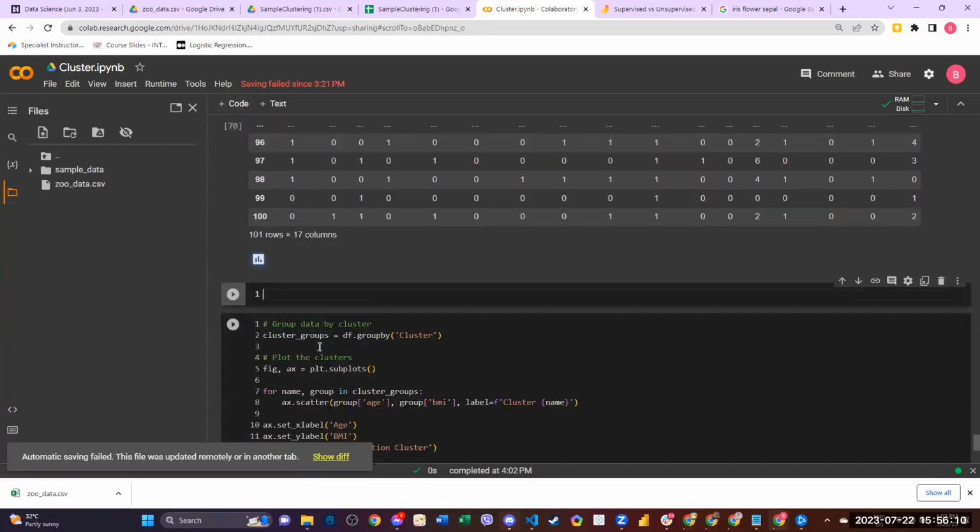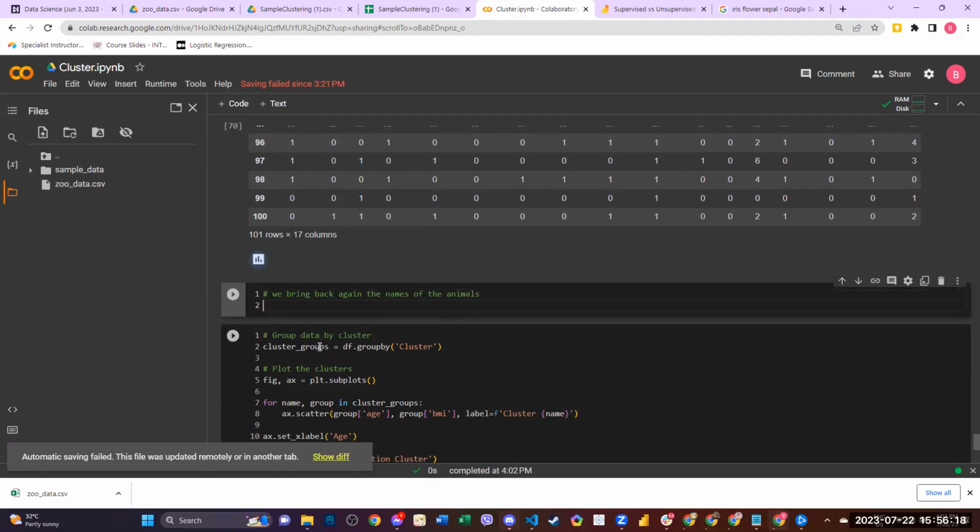We bring back the names of the animals, by simply using df underscore zoo animal name equals